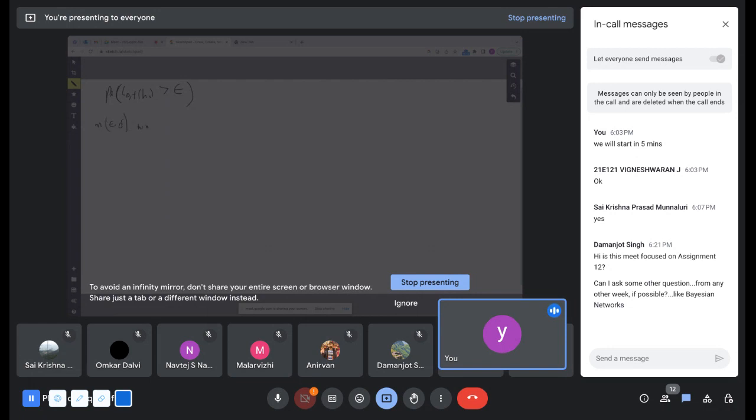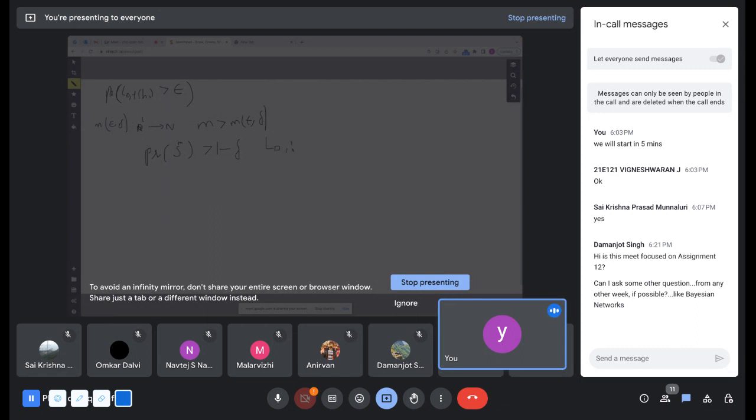a function m(epsilon, delta) from R^2, where epsilon is a real number and delta is a real number, to a natural number. When your m is greater than this m(epsilon, delta), with probability, over the sample S_m, of at least 1 minus delta, you can guarantee that this thing will happen: